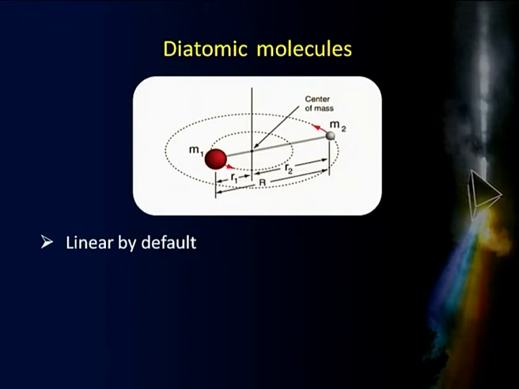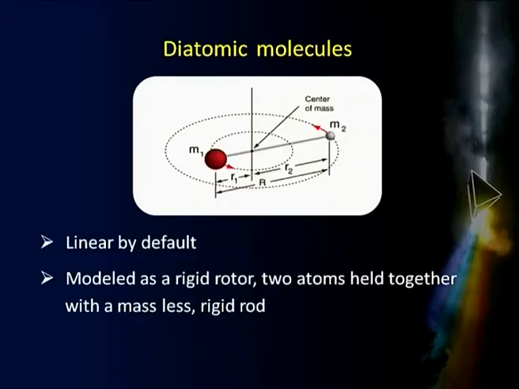Now, any diatomic molecule is linear by default, because any 2 points will make a line. If you recall, when we talked about quantum mechanical model systems earlier, like the particle in a 1 dimension box, 2 dimension box and so on, we start with things which may not be reality, but which make things simpler to begin with, so that we can handle the equations. So, here also we start with the assumption that our molecule is rigid. It means that the two atoms, atom 1 and atom 2, are held together by a bond which is rigid.